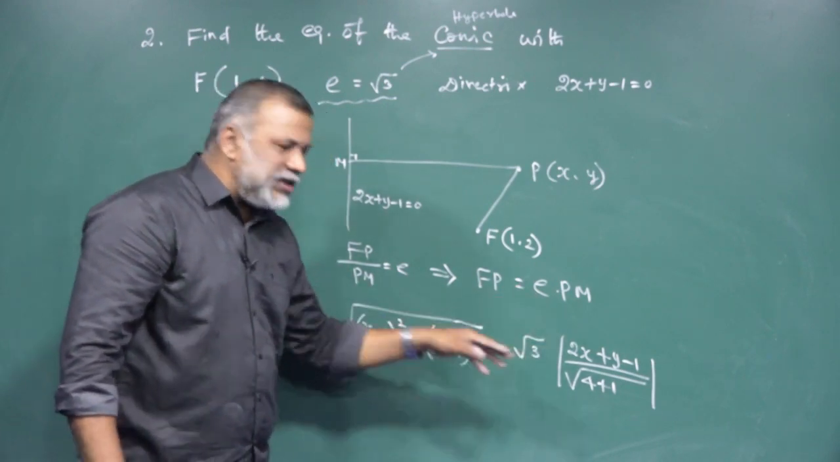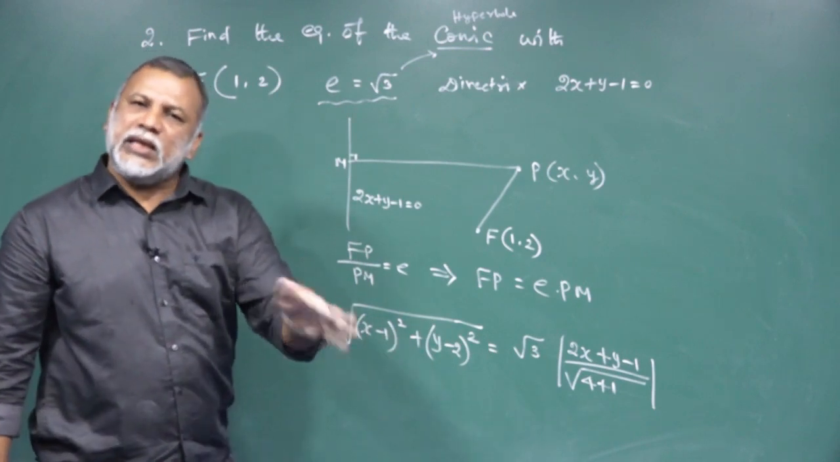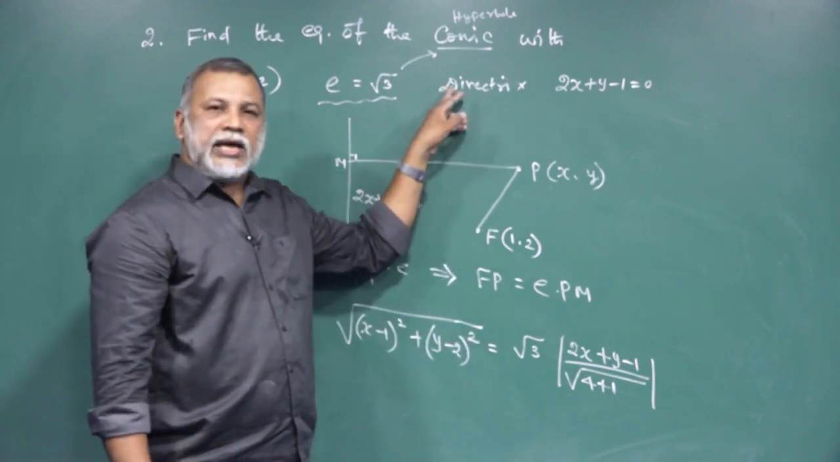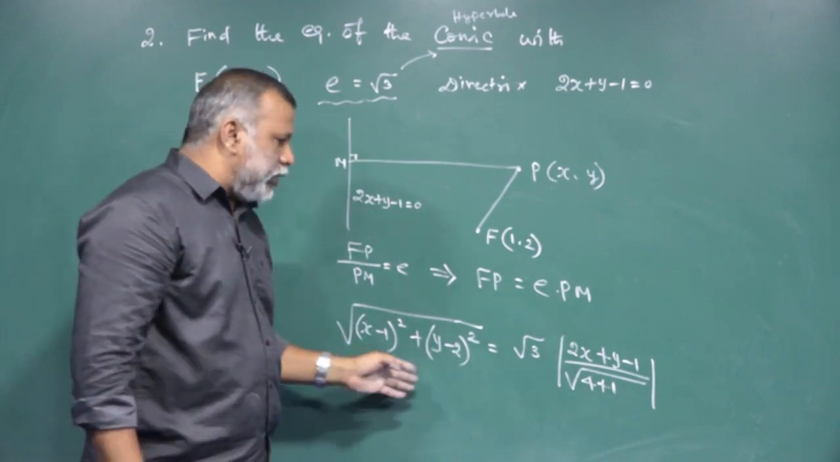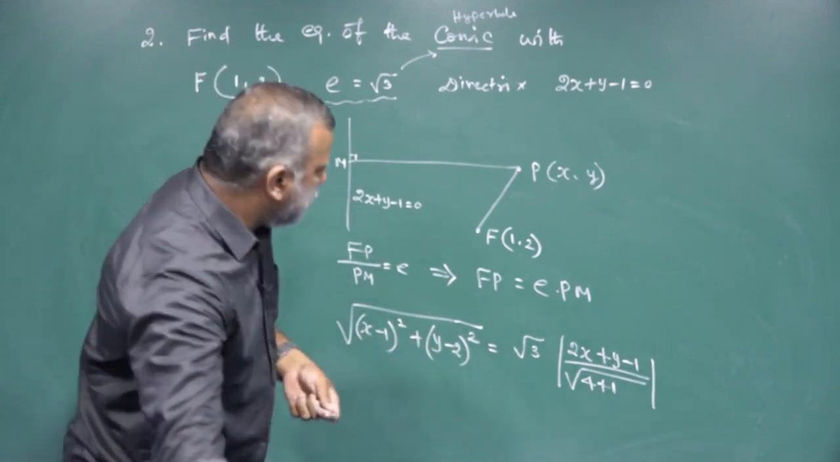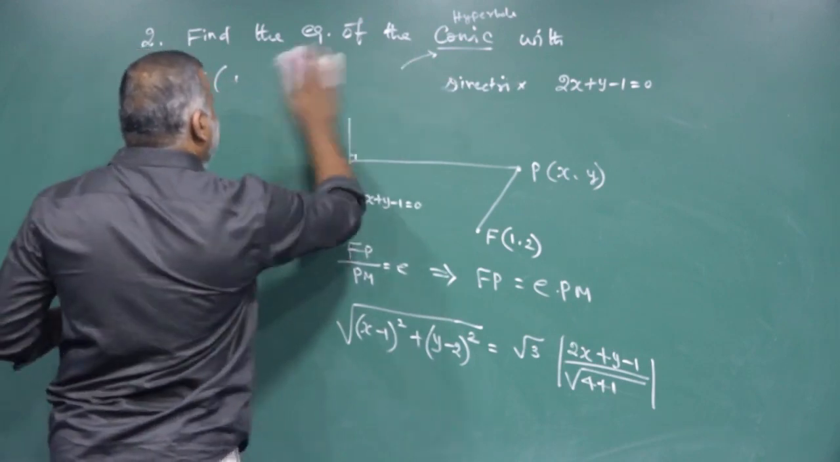The value of E is now greater than 1. In the previous question, E was less than 1, so it was an ellipse. Now E is greater than 1, so it is a hyperbola. Now we are going to simplify this one. That is the concept. You are able to work out